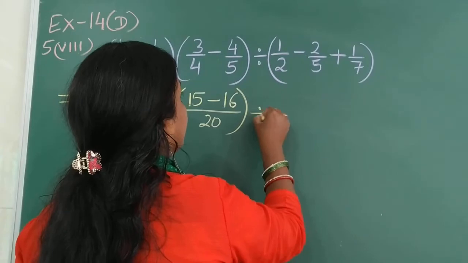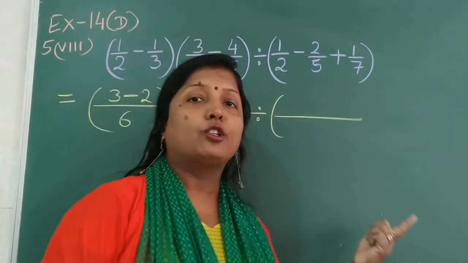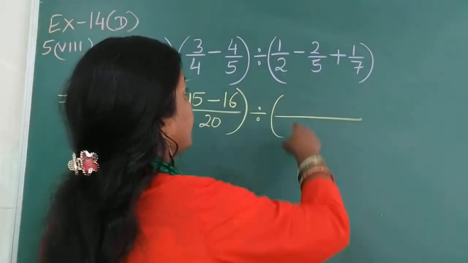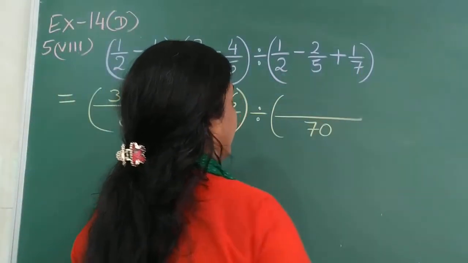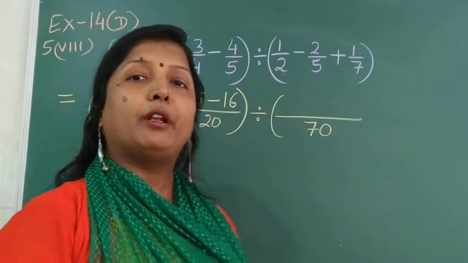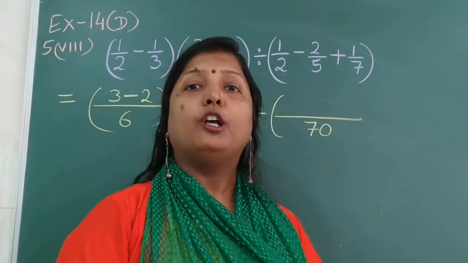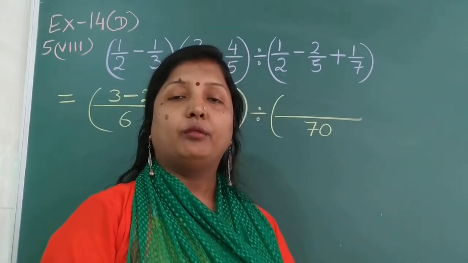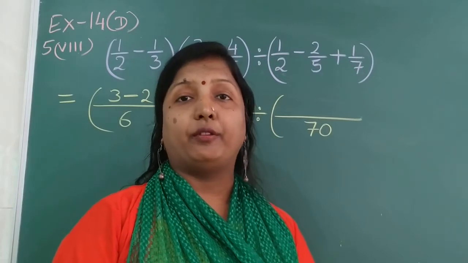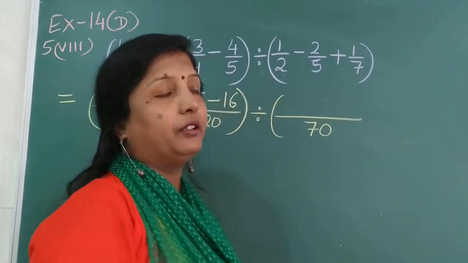Divided by, take the next. Here again all the 3 are prime numbers. So we don't have any common factor. So we get 2 5s are 10 into 7, 70 as the LCM. So if you have co-prime numbers as the denominator or you have all prime numbers in the denominator, you can simply find the LCM by multiplying the 3. But children, that rule doesn't apply everywhere. If they have some common factor, you will have to go for the LCM method.